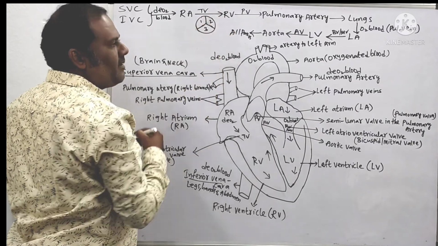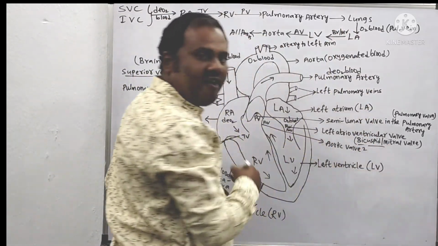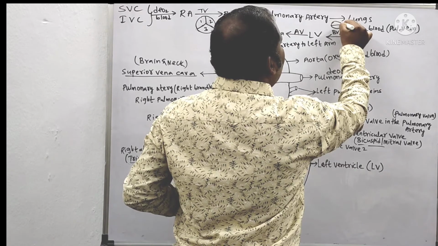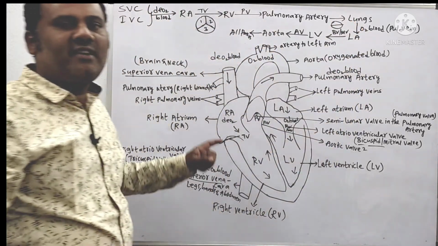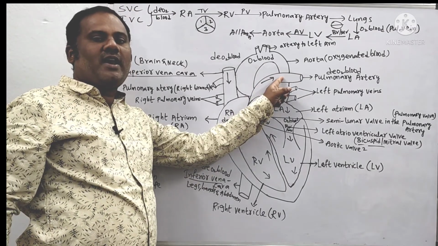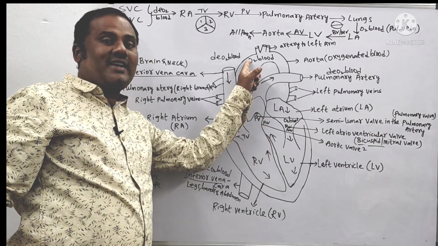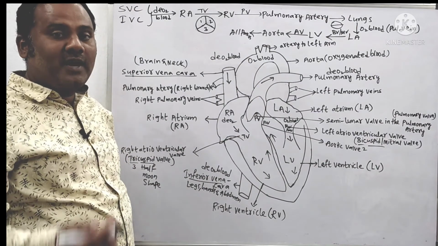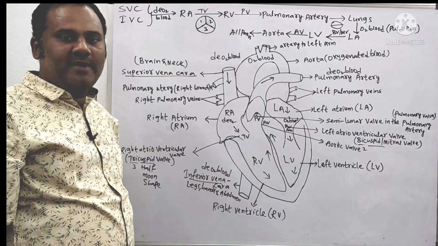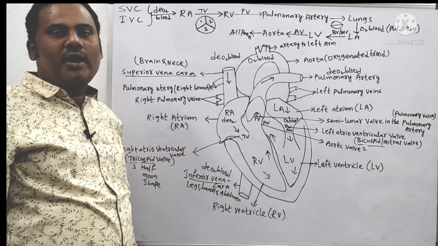One, two and three. Whereas BV means bicuspid. Bi means two, cuspid means half-moon shaped. So the bicuspid valve will be like this, divided into two equal half-moon shapes. That's why it is called the bicuspid valve. The pulmonary valve is called so because it is attached to the pulmonary artery. The aortic valve is called so because it is attached to the largest artery, the aorta. So as per their shapes and the direction of blood flow, they got their respective names. Understood? They are the four valves: tricuspid, bicuspid, pulmonary as well as aortic valves.